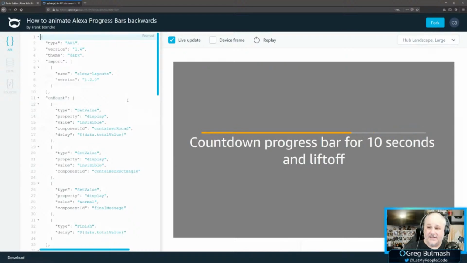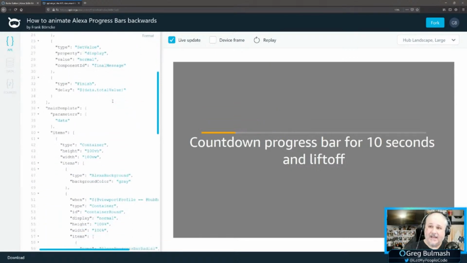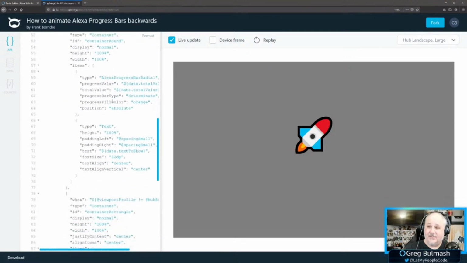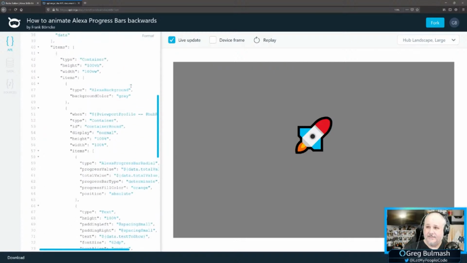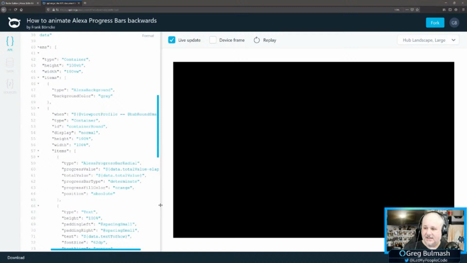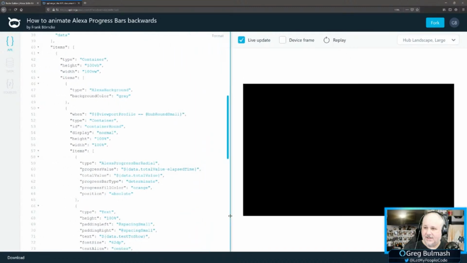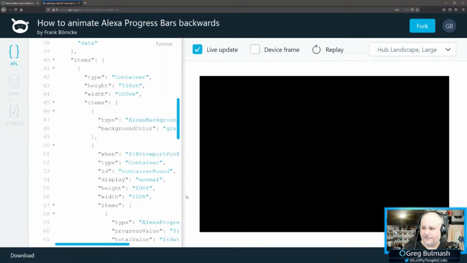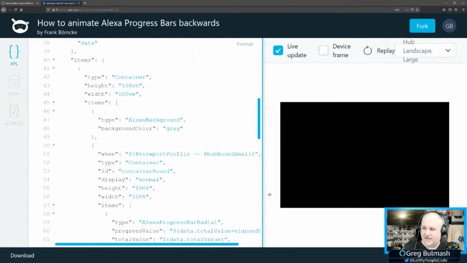The progress bar is something you set the completion level of. So instead of counting forward and setting the completion level, Frank is simply counting backwards and setting the completion level. But one of the things that I think is cool, and you look here, let me see if I can make this a little bigger, because I want you to see this code.